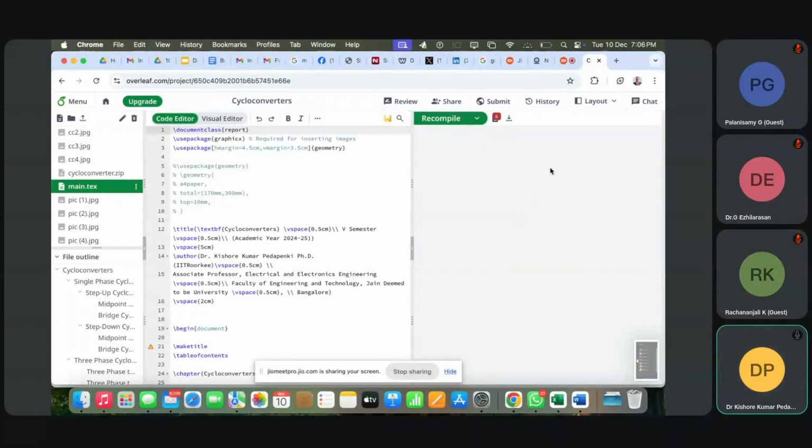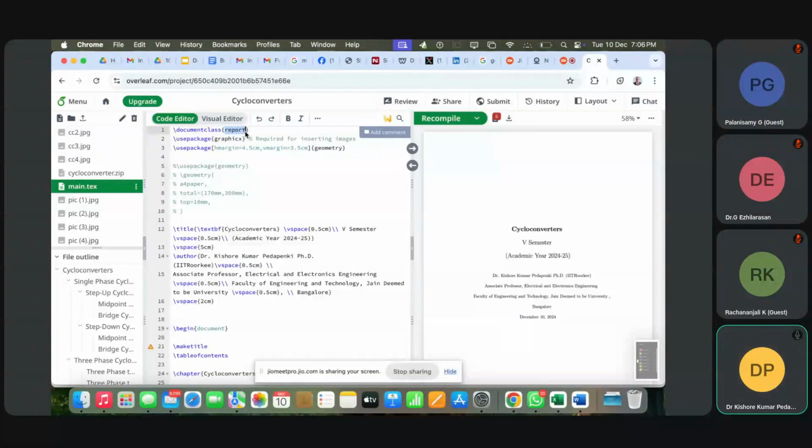So this is what we call a report class. This class is called report class. Of course, if I have much time, I can show you better. I can take a blank sheet also and keep typing and show you how best and how easily we can go ahead with this. But for time being, I will let you know the simplest forms of going ahead with LaTeX.